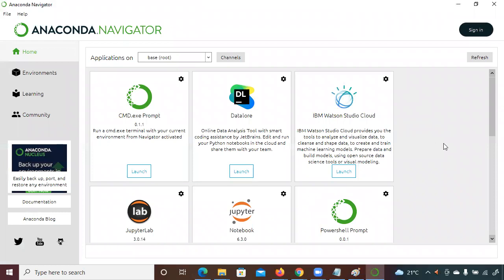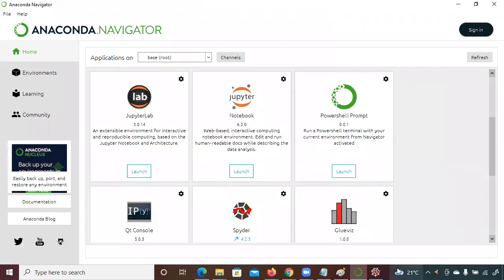You can see here, as I click on it, it's open. Once it opens, you just have to click on this